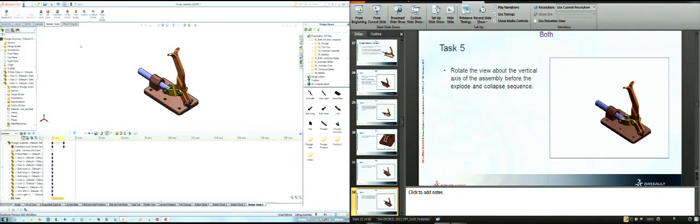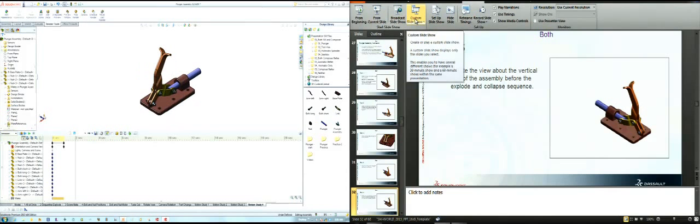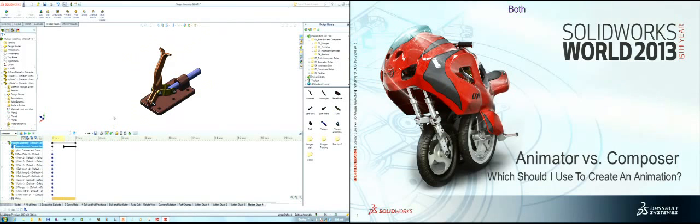Well, this is something that Composer originally had and SolidWorks copied it. Remember our little reference triad over here? If I do an Alt-Shift and click the Y-axis, it's going to rotate 90 degrees. And then I can tell it, for orientation and camera view, record that key. Move out another second, Alt-Shift,